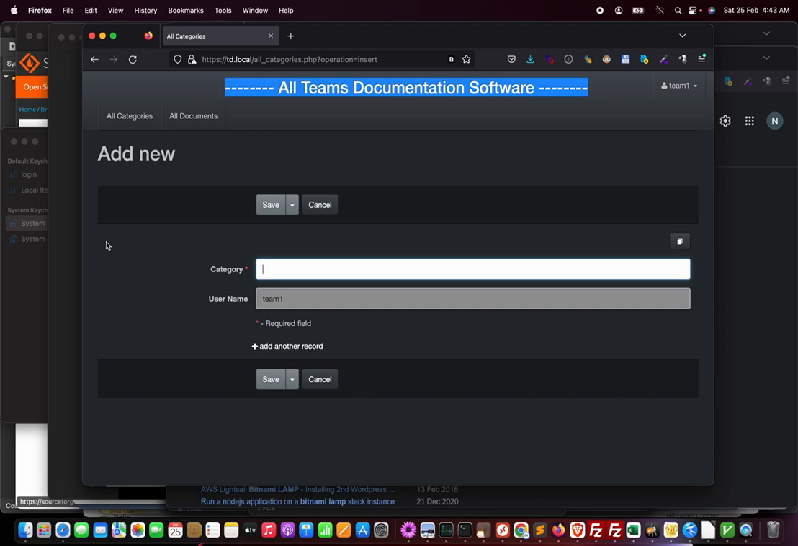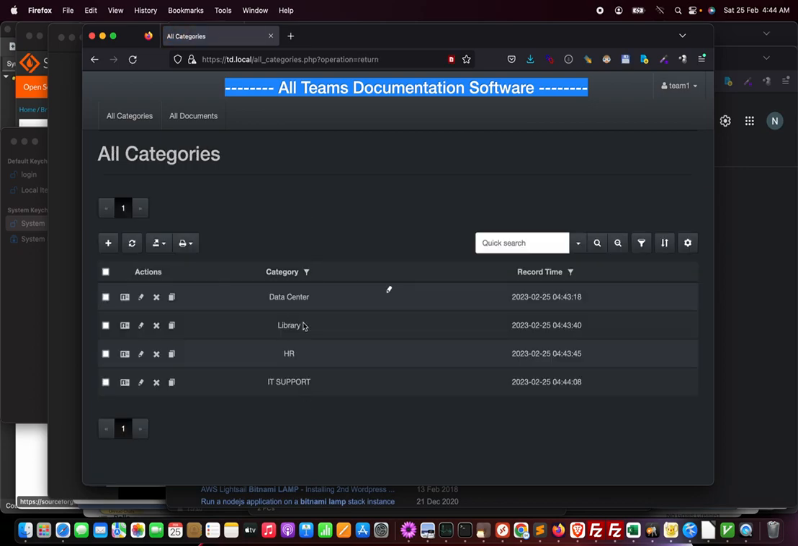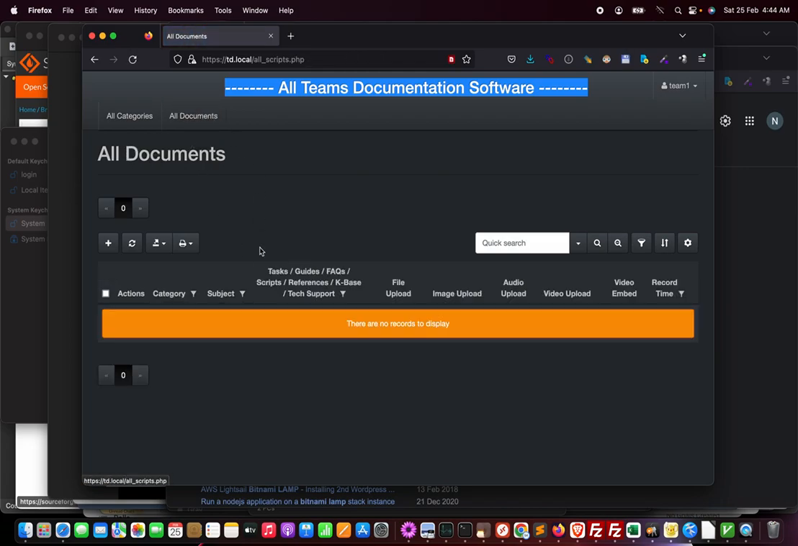Very easy software, very enjoyable too. So nothing difficult about it. Let's say sysadmin department, or even let me say IT support. IT support, save it. So I've got all my departments or categories added. So now let me go to the all documents page, and I will add my first